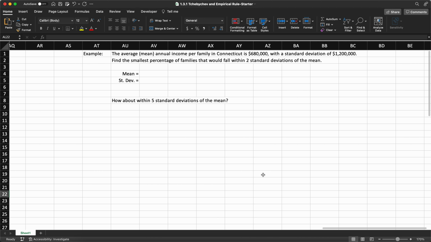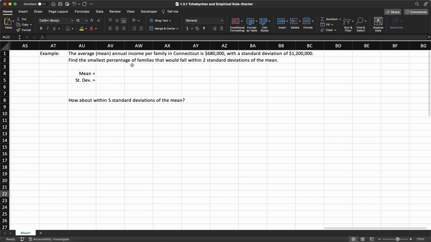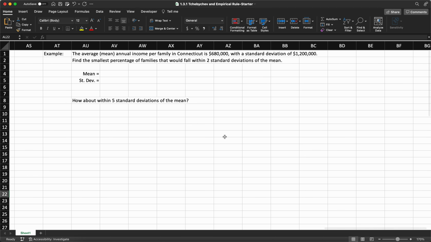So now, looking at Tchebychev's theorem. This is not normally distributed. It doesn't say anywhere in here that it is normally distributed. It just says the average annual income per family in Connecticut is $680,000 with a standard deviation of 1.2 million. Now you might think